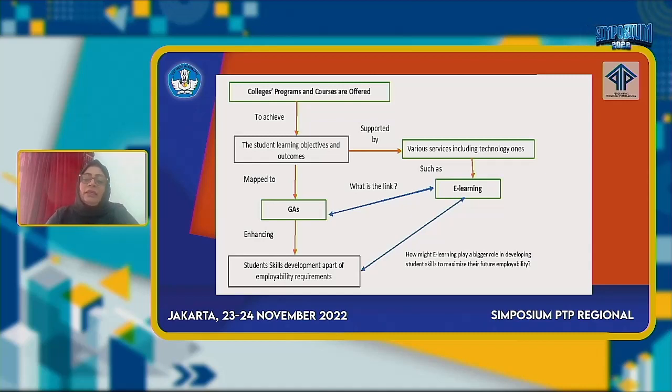For us here, e-learning is compulsory in all courses. For example, when students take 5 courses a semester, they must access e-learning to download their materials, upload their assignments, do quizzes, and all these things.